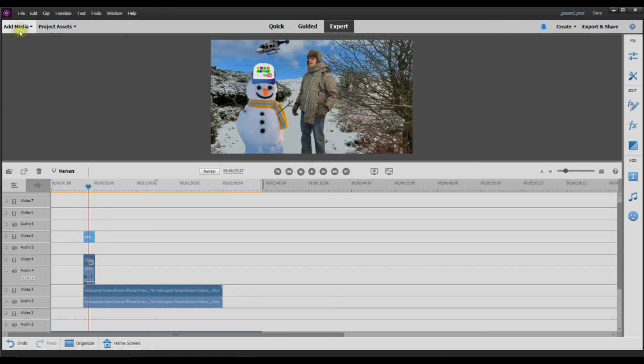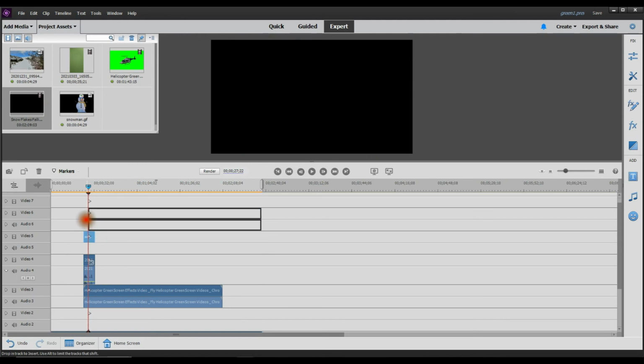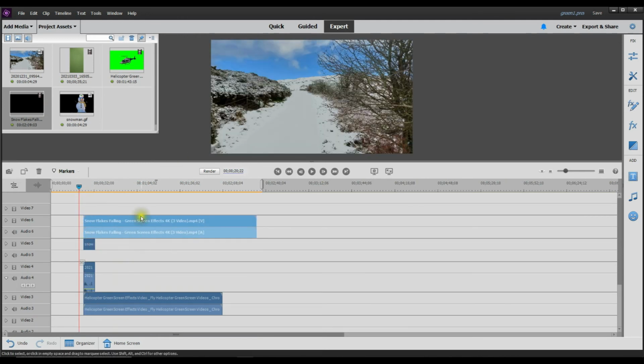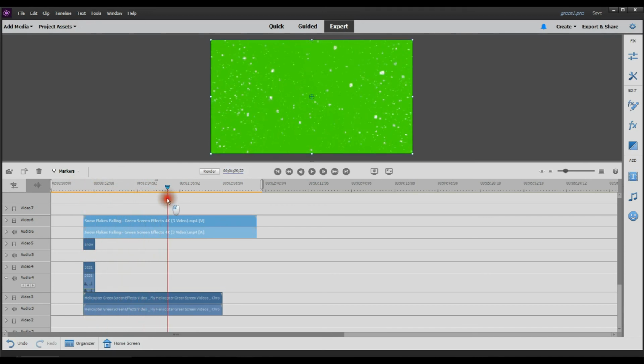And what we're missing now? The only thing we're missing really now is the snow. So again, go to Project Assets, Snowflakes. This is another royalty-free green screen video from YouTube. Now we want that to come down in front of us. We don't want the snow behind us. So make sure it's on the top timeline. There. So once you've dragged your snow down onto your timeline, where you find the snow you want, delete the bits you don't want,